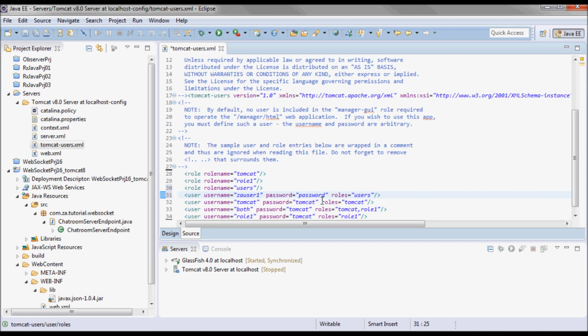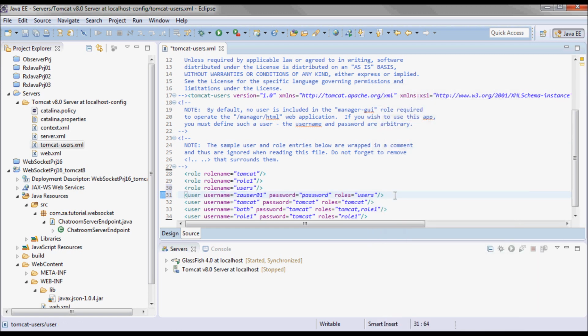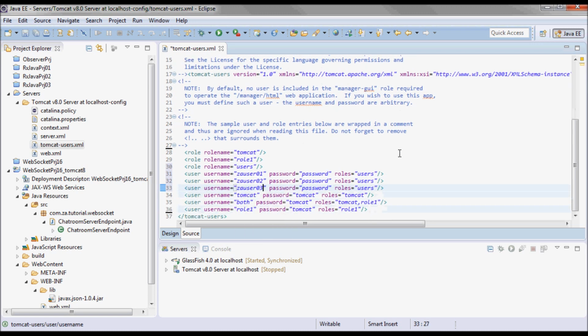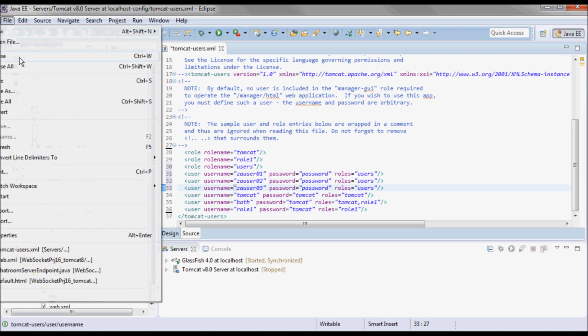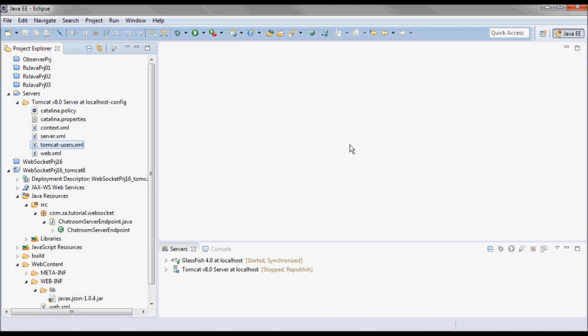And actually, to make it different from the Glassfish one, let's make it 01. I have 02 and 03. And let's save all and close it.